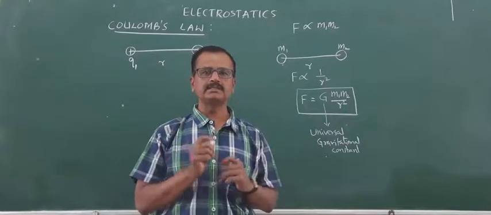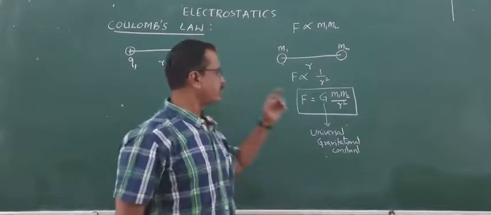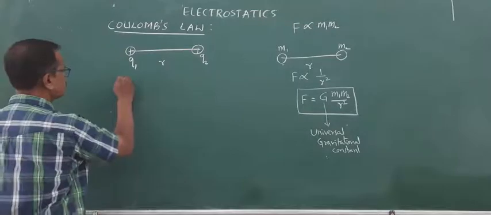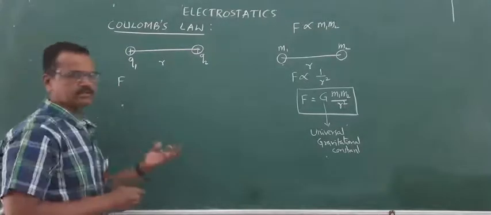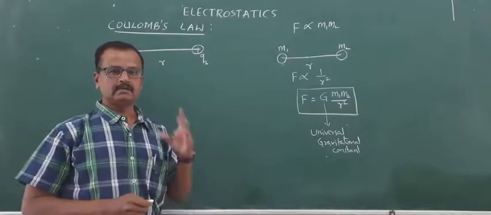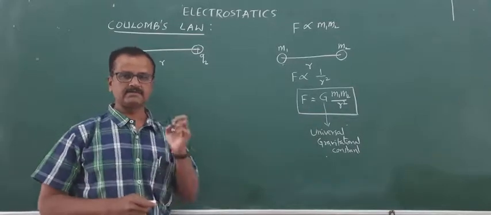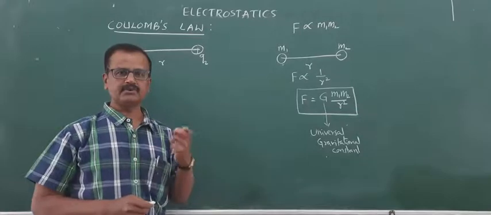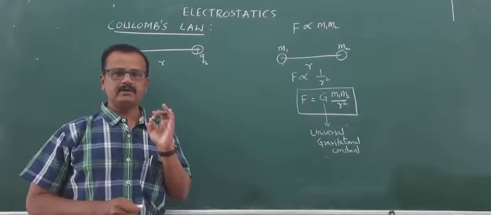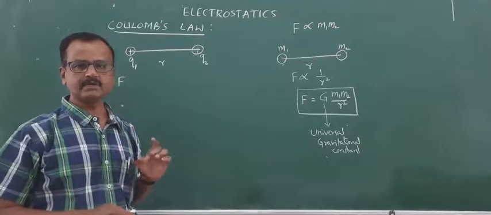Then how to measure this force of repulsion? According to the statement of Coulomb's law, the force of interaction, whether it is repulsion in the case of a pair of like charges, or attraction in the case of a pair of unlike charges,